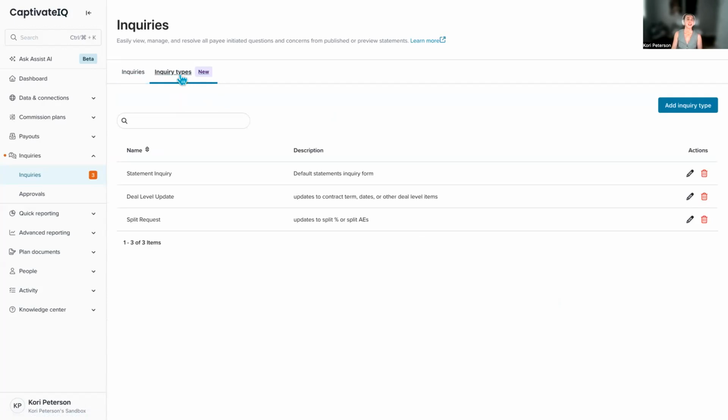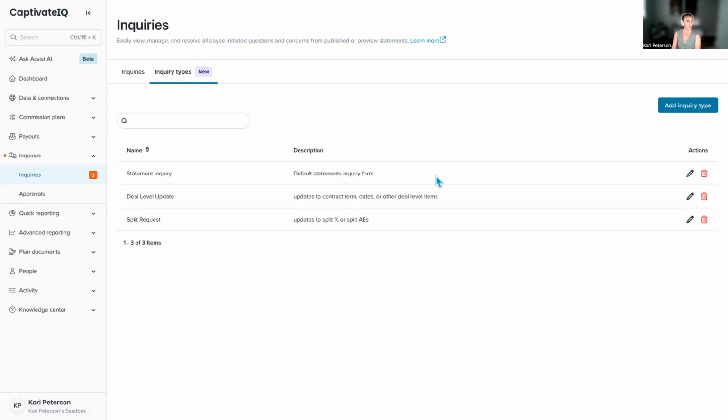So with those use cases in mind, if you want to set up a specific inquiry type, let's say that exception requests might go to one person, or if you know that there's a discrepancy on split, you might want to bring in both managers just to take a look at that request and approve that everything's good to go before you actually make the change. With inquiry workflows, all of that can now be done within Captivate IQ so that you don't have to chase things down via Slack or email or anything like that. Just take care of everything in-house.